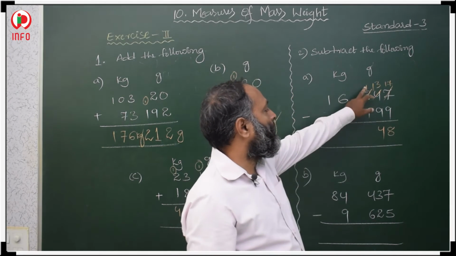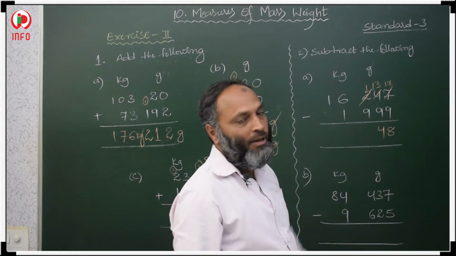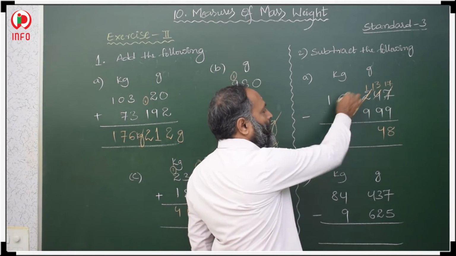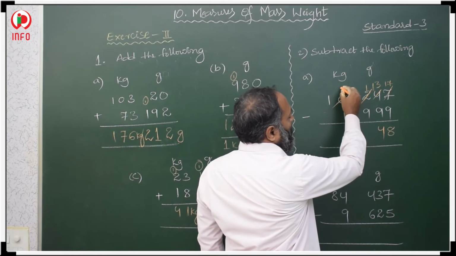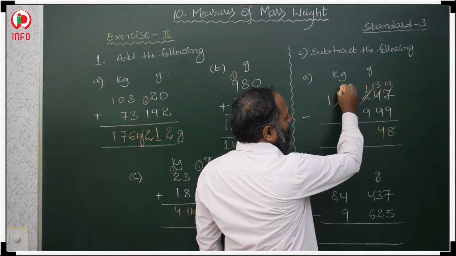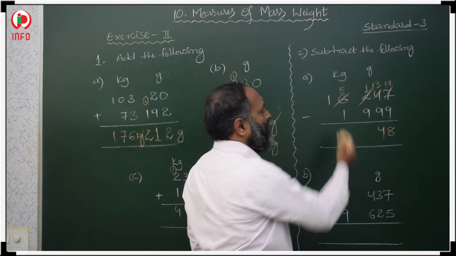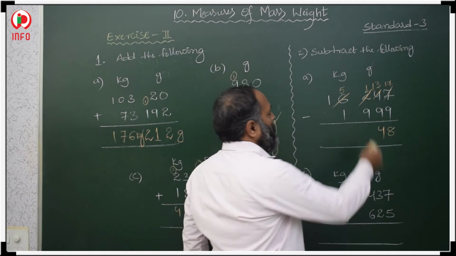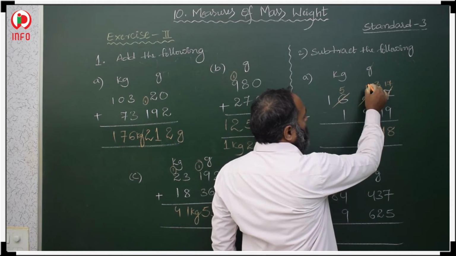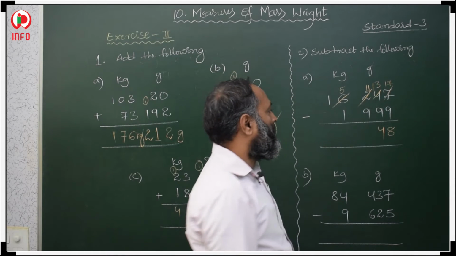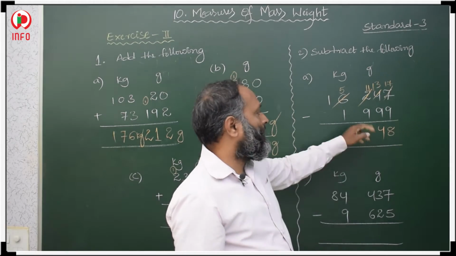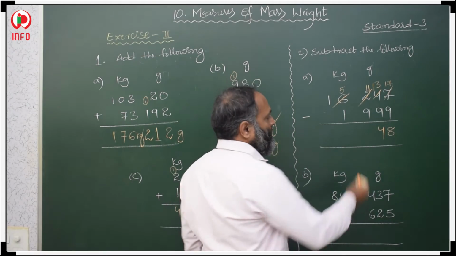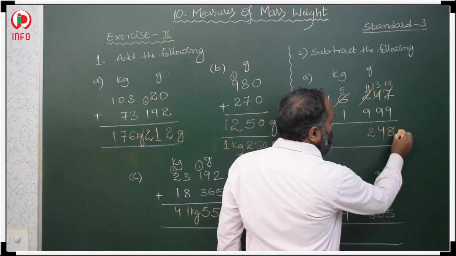Okay. Here 1. 1 minus 9. Smaller minus bigger, we cannot minus. Again you take borrow from the kg. Here 5, here 6 kgs. So if you get 1 kg 1000 grams, it will get 10 increased. It will get 11. 10 plus 1, 11. 11 minus 9 means 9, 10, 11. It is 2. So, this is grams.